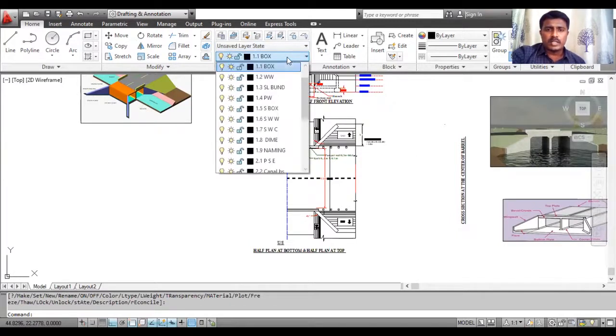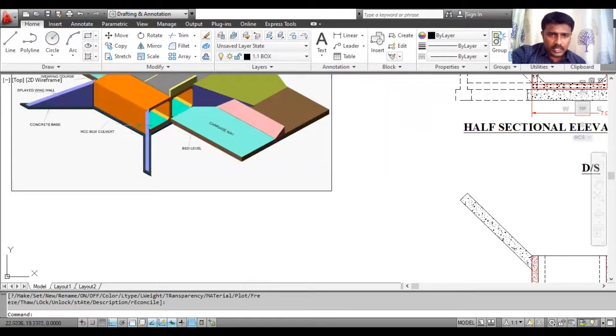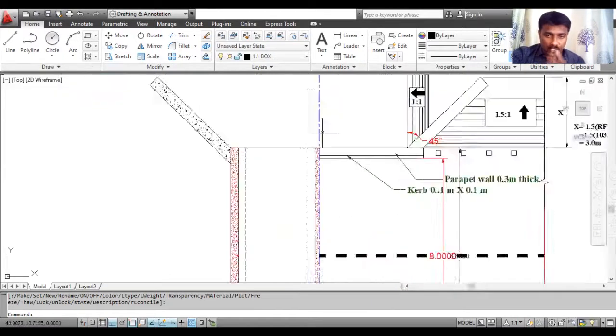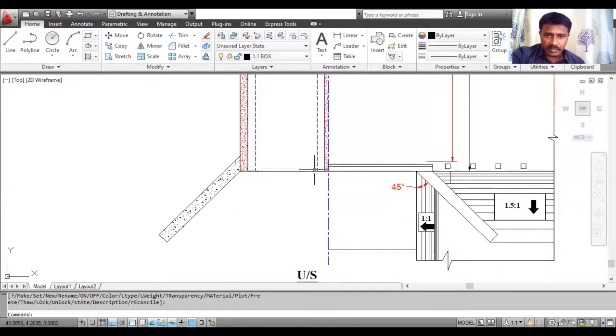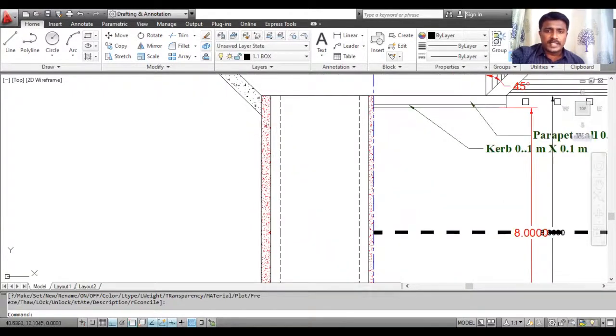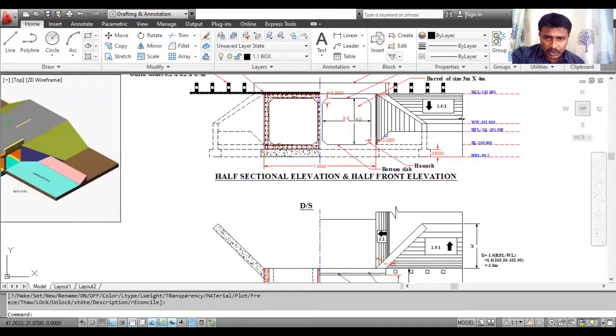So next procedure, draw half plan at bottom. Here you have to cut. When you cut at this point, only the barrel portions and wing wall portions are visible to us. So the distance is equal to the size of the barrel, and the length should be extended from this point. Then you have to show the side wall. So this is a side wall. Here this is the side wall. So at the center, when you cut, here you have to cut like this.